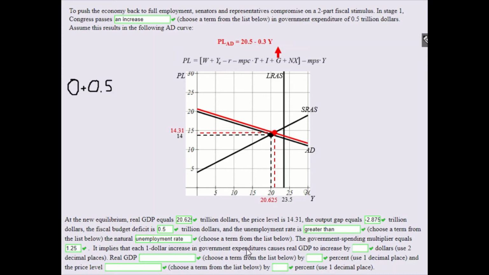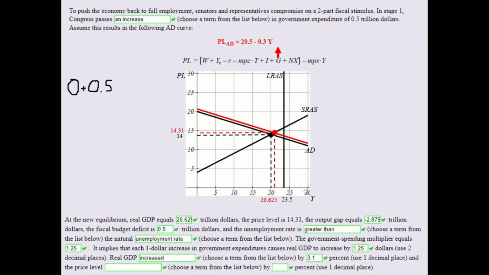And it implies that each $1 increase in government expenditure caused real GDP to increase by just $1.25. Now, real GDP went up, but it didn't go up by much, did it? It is 20.625, right, at the red dot. It was 20 at the black dot. So what it is minus what it was, divided by what it was, times 100 is a 3.1% increase in